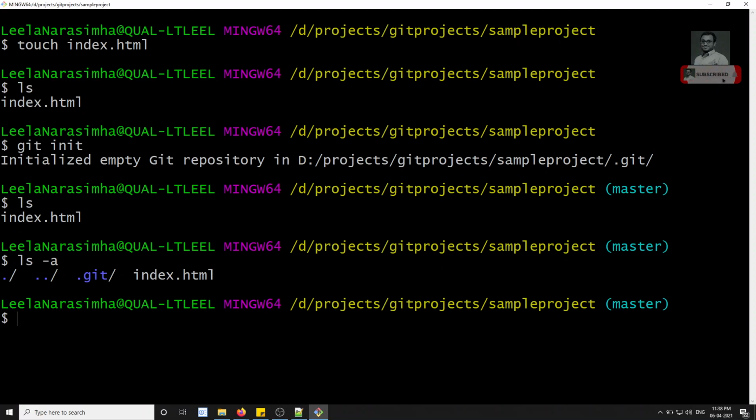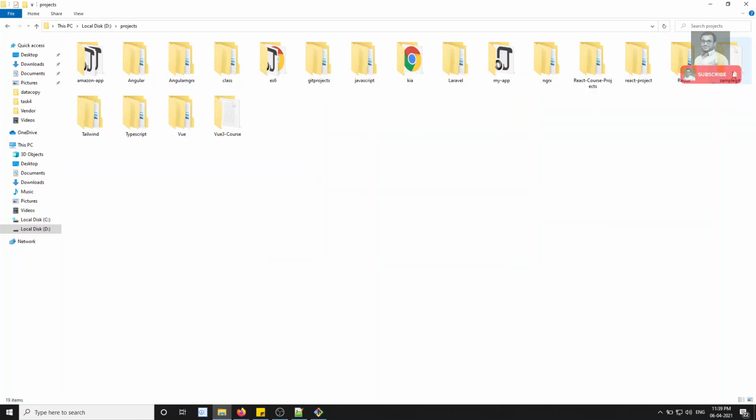Here you will be able to see the .git folder. Okay, so now when you type git init, an empty folder will automatically be created with the name .git. So what will be present in this .git? Let's try to see. Now if you go into the folder structure here,